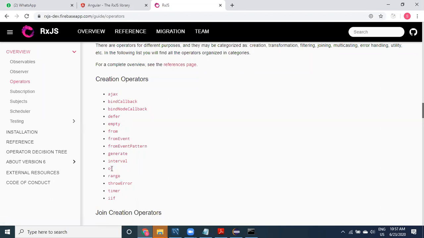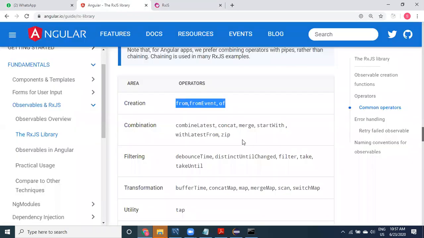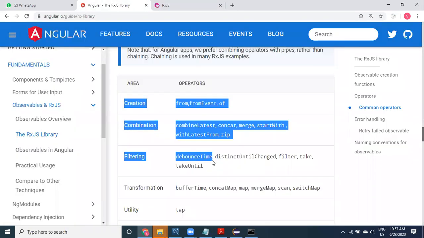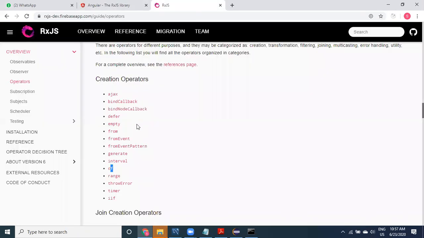We'll cover this. I'm not going to cover completely all the operators available in RxJS, but I'm going to cover all the RxJS things which are listed on the official website of Angular. Of course, this makes you understand RxJS and use other RxJS features also. If you are okay with all these things, then you can come here and refer to whatever you want, guys.